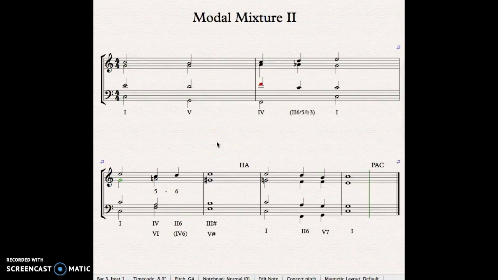Okay, so that's further use of modal mixture and a couple of unusual progressions that are characteristic of chromatic